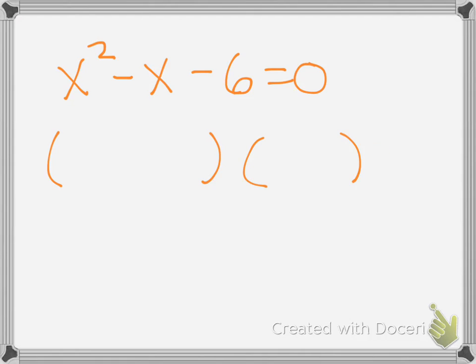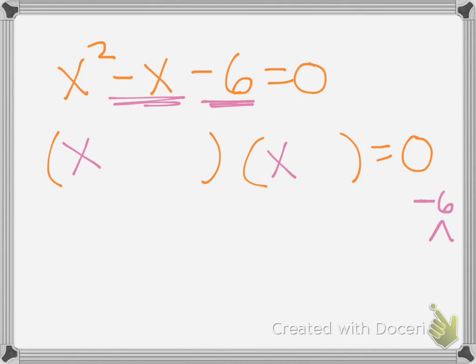Another example of this, x squared minus x minus 6 equal to 0. So I'm going to ask you what adds to give you negative 1 and multiplies to give you negative 6. Well, this one sometimes is tricky because you can have 5 and 1 and 2 and 3, but when you